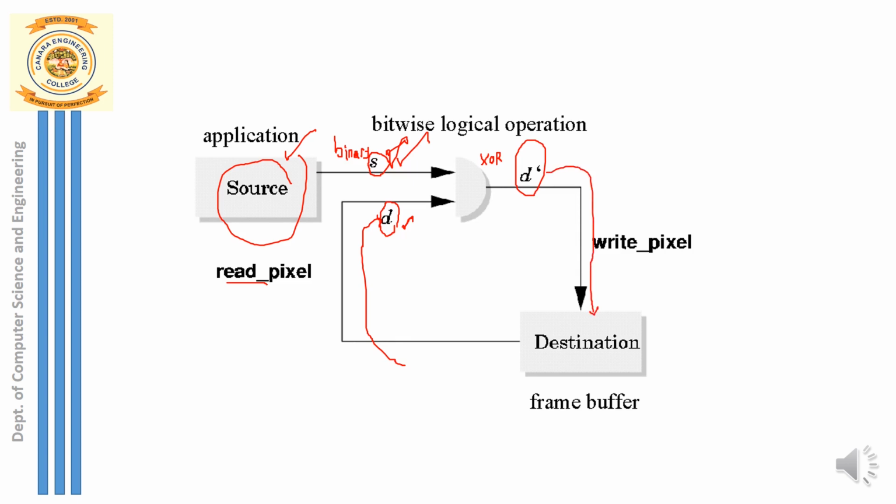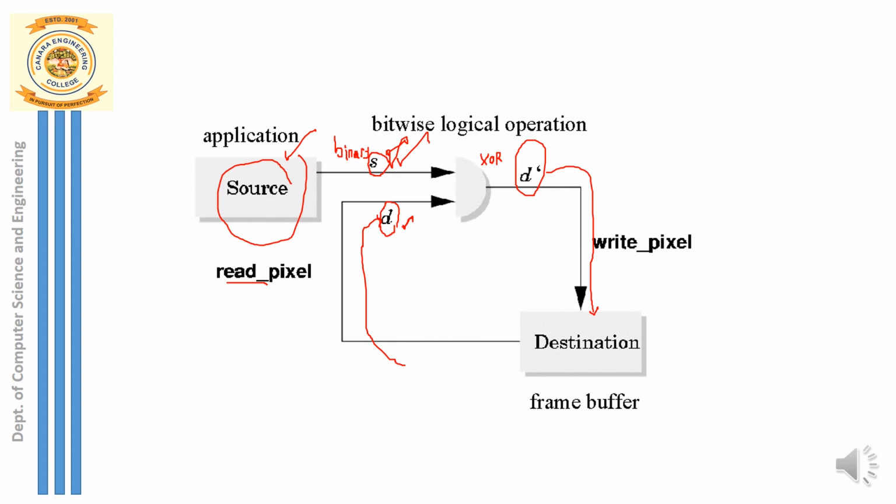The final pixel that you have obtained after performing XOR between the source bit that you have passed as an input from the program, and the one more pixel that you have extracted from the frame buffer, both you have XORed, and that final XORed bit you are writing onto the frame buffer. This is the final color that you're going to set now as a final drawing color. So this type of XOR operation also you can perform.